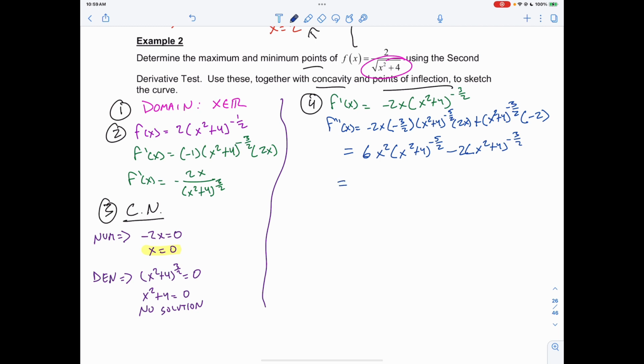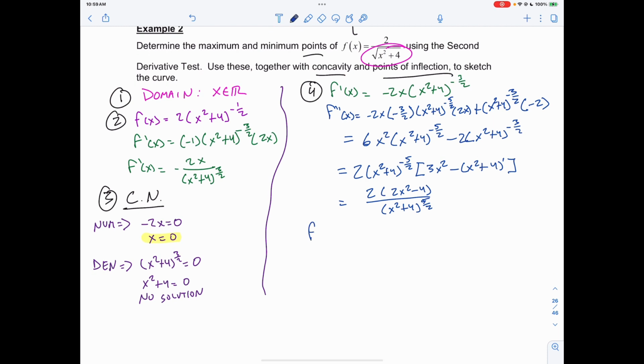I'm going to factor this, so I'm going to pull out a 2, and I'm going to pull out a x squared plus 4 to the power of -5/2, and that is going to leave me with 3x squared minus x squared plus 4 to the power of 1, which is going to give me 2 and 2x squared minus 4 all over x squared plus 4 to the power of 5 over 2,